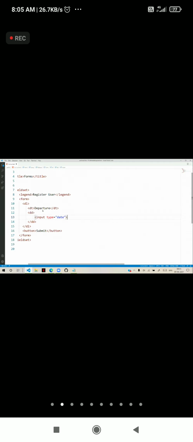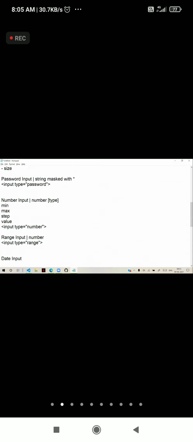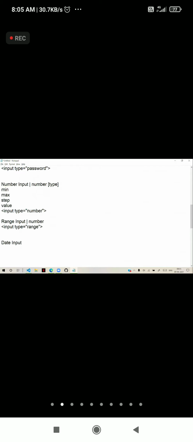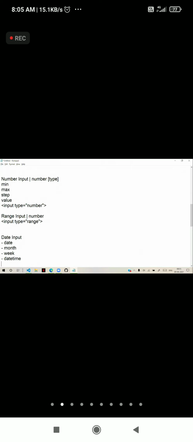For date, we have some options I will tell you: input type as date, month, week. We also have datetime, like datetime-local.